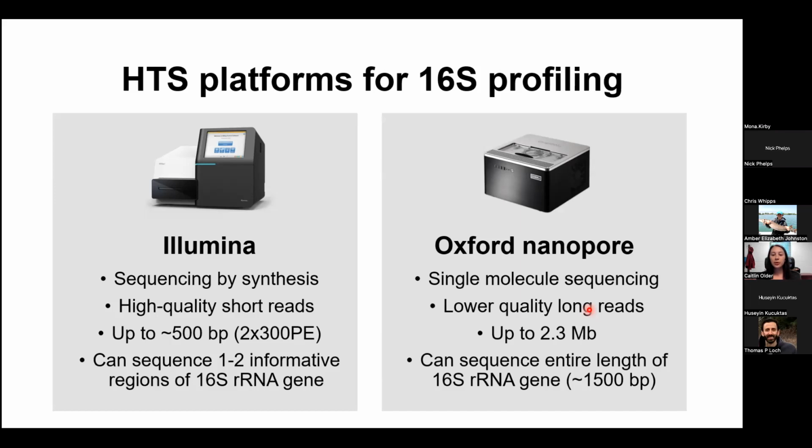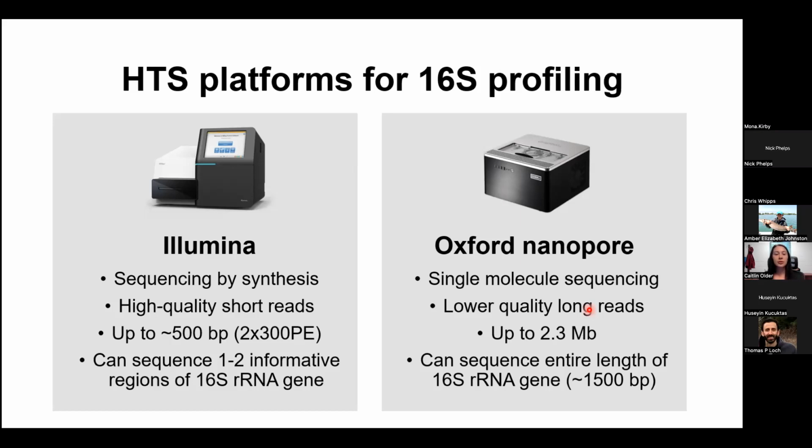And so this seems really attractive because if you're able to sequence the entire length of the 16S rRNA gene, that's more room that you have to distinguish between individual taxa. So you can potentially have higher taxonomic resolution, potentially be able to tell different species apart rather than just different families or different genera. So I really wanted to evaluate if this Oxford Nanopore sequencing would be useful for aquaculture